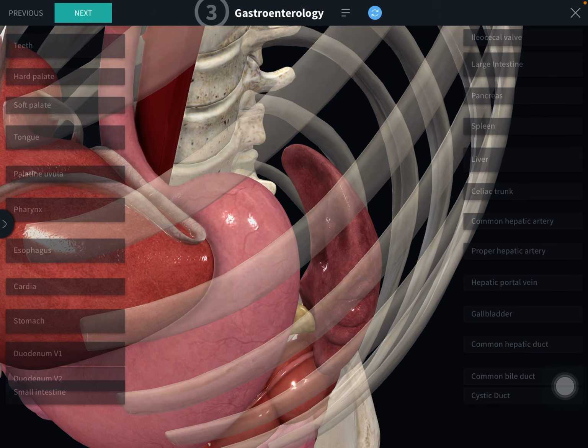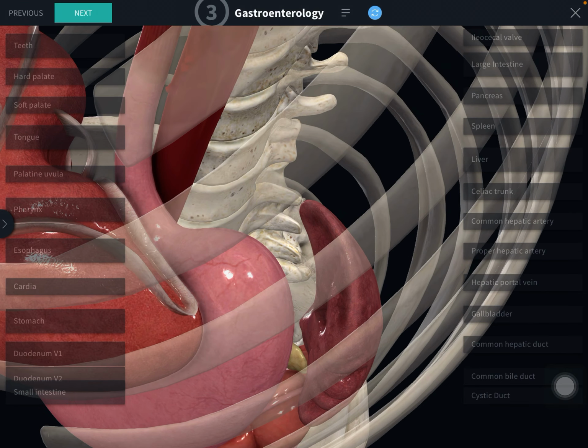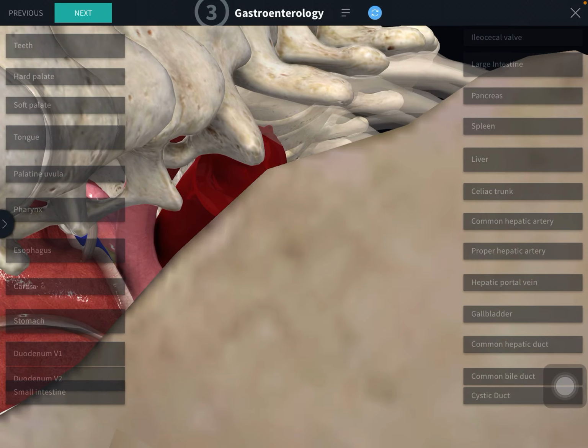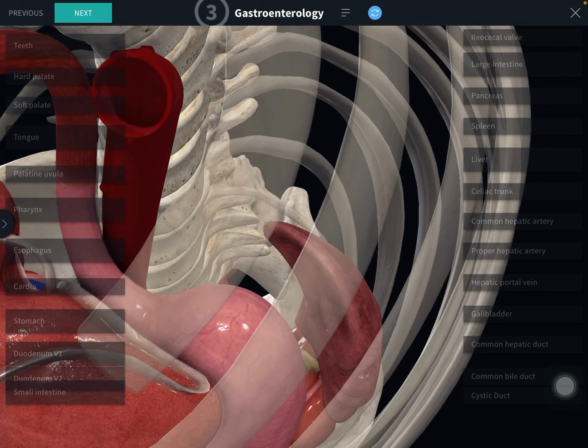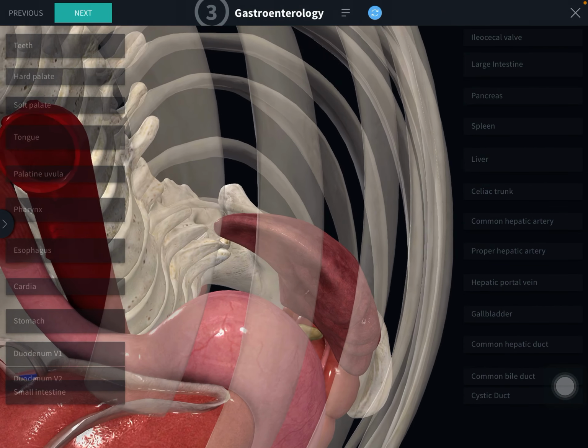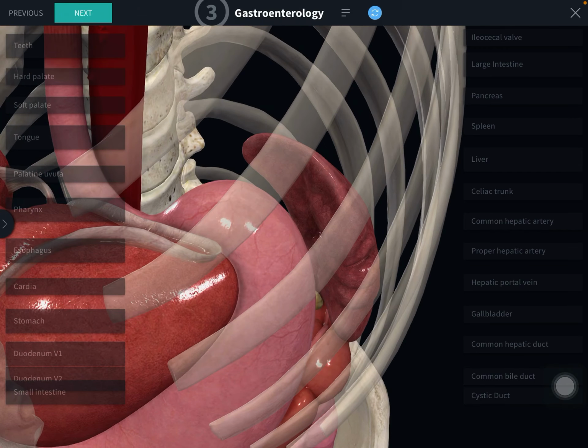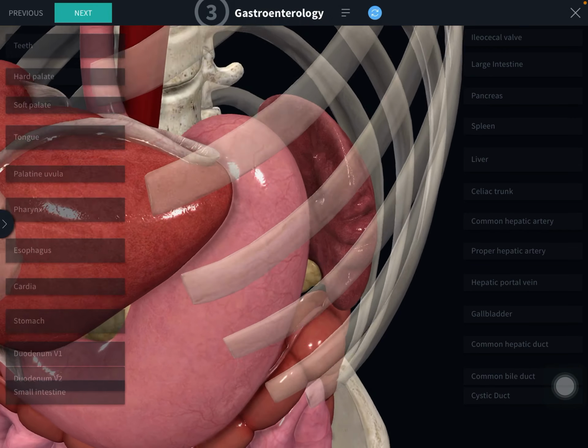So this gastric impression is related to what structures? Fundus of the stomach. You are seeing the fundus of the stomach separated by the recess of the greater sac. Hilum gives attachment to the gastrosplenic and lienorenal ligaments. The hilum is not seen clearly in this.